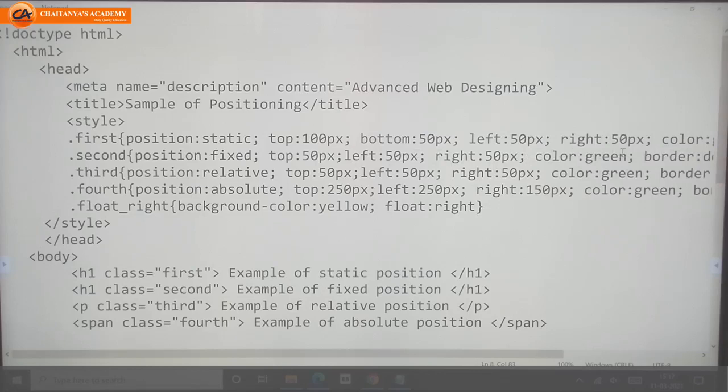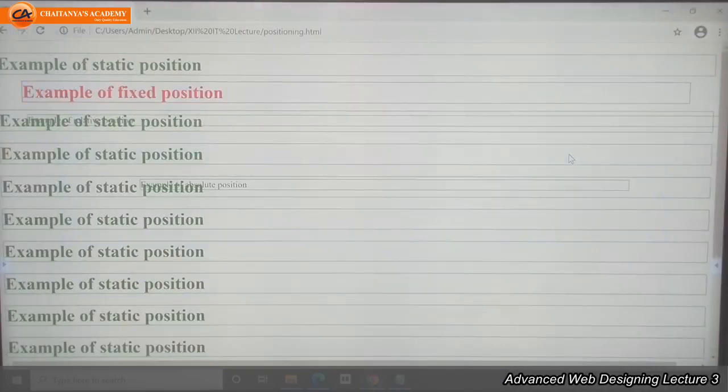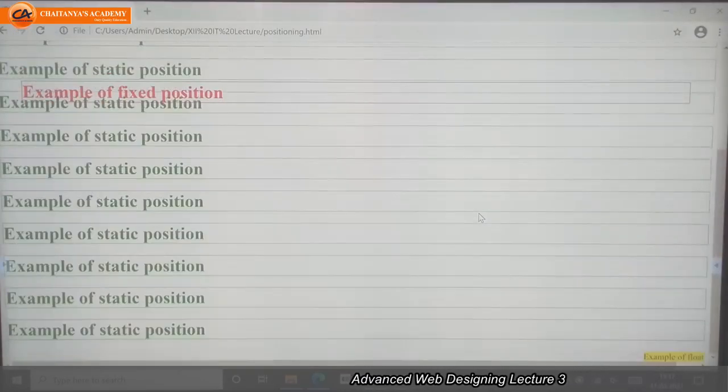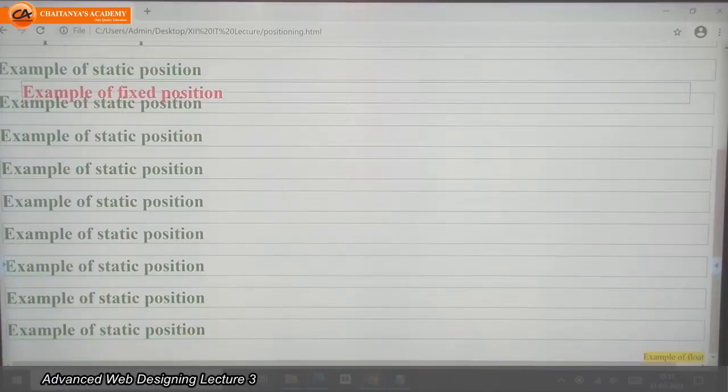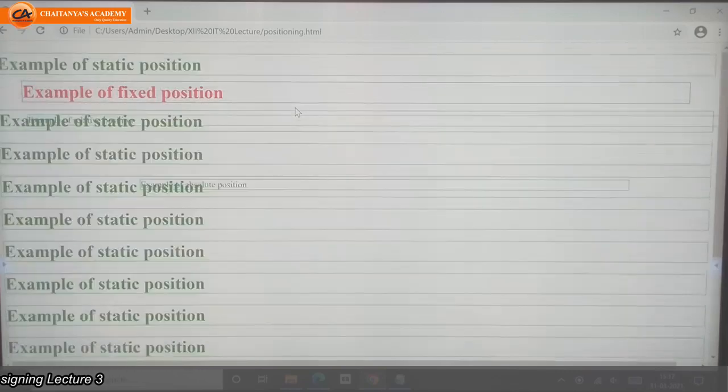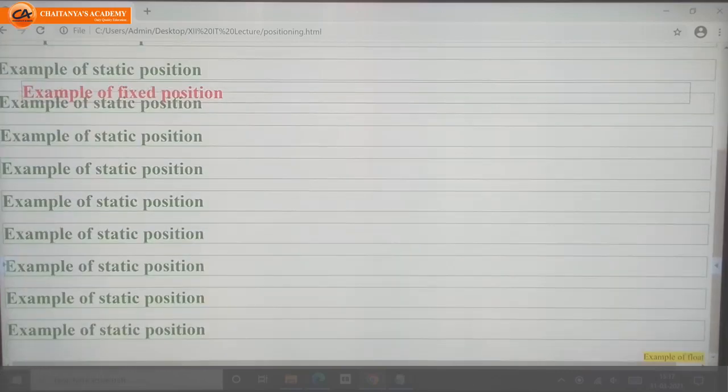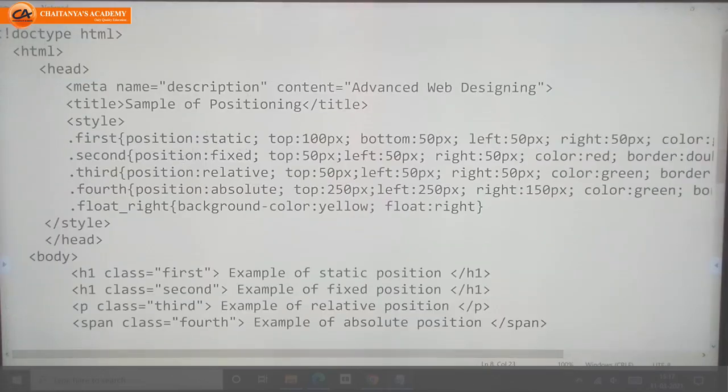Here if you want to change the color, you can change it and you can see the output. See, though I am scrolling the page, this fixed element is not moving. This text is not moving. Why? Because I have used position fixed. That's why.